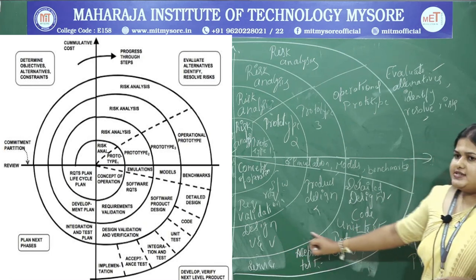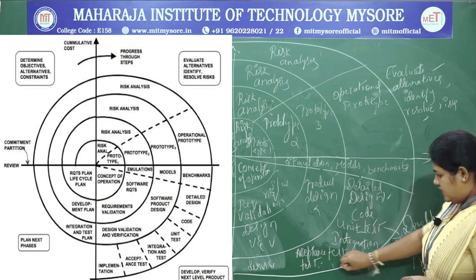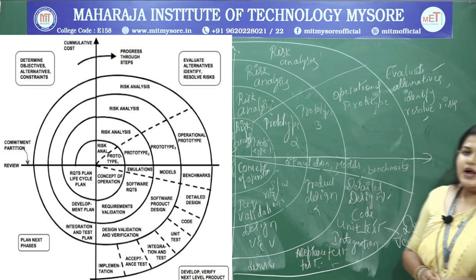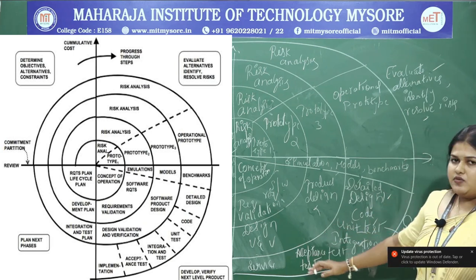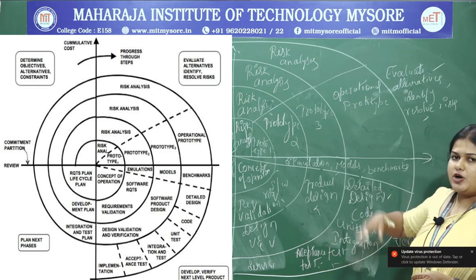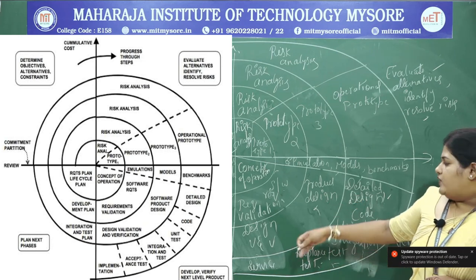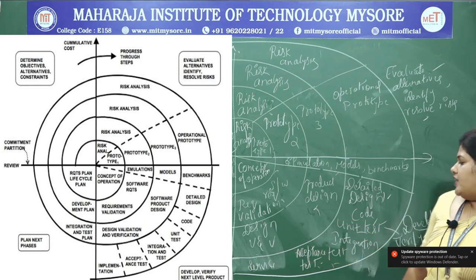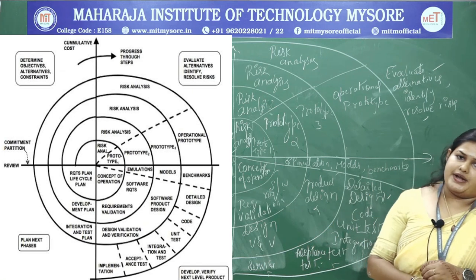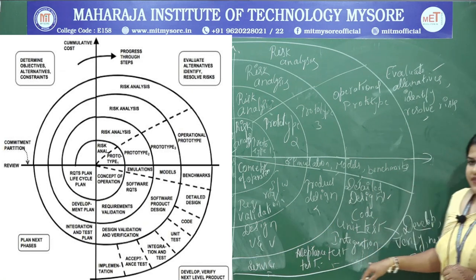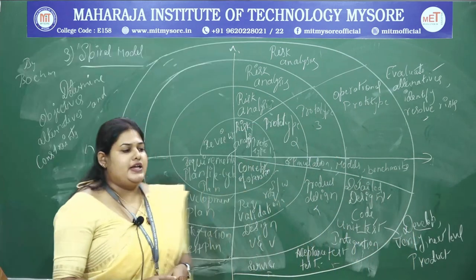And the final is the acceptance test, where the product should be released to the required customers, where it will undergo alpha testing and beta testing, once from the perspective of the company or the organization, and the second phase deals with what will be given to the customers. So, accordingly the acceptance test will be given and the service will be provided. So, this is how the third phase, the development of the required product, will be done.